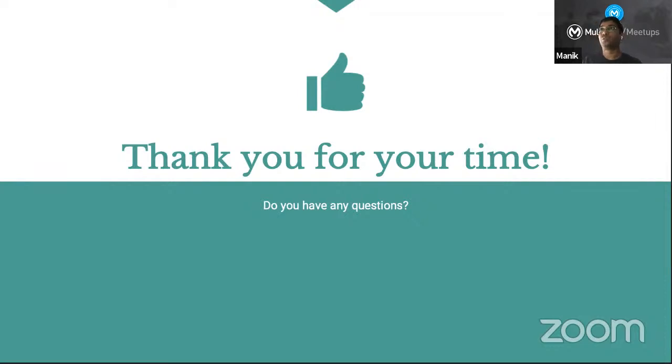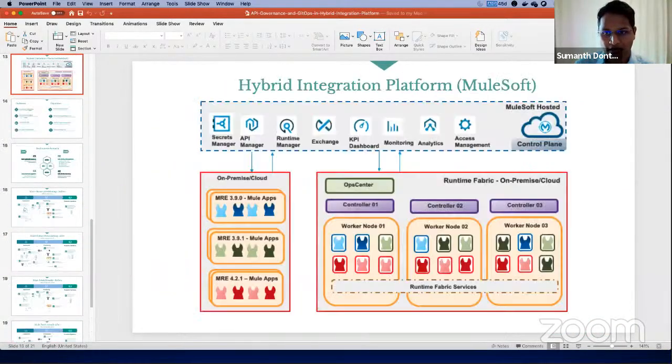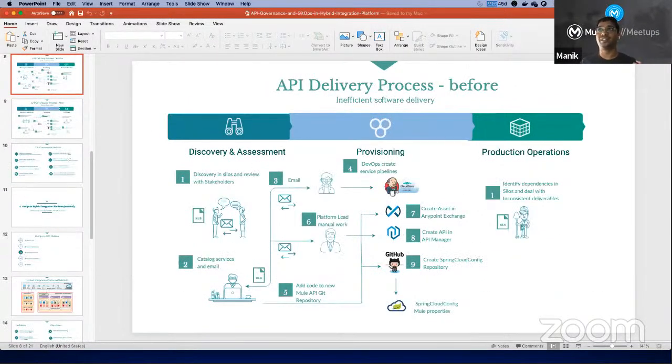The first one is around the scripts you referred to in the first part of the session, in the governance configurations part. I am not sure if the question is, can we see those scripts? No, I cannot share those scripts, because those are internal and proprietary.